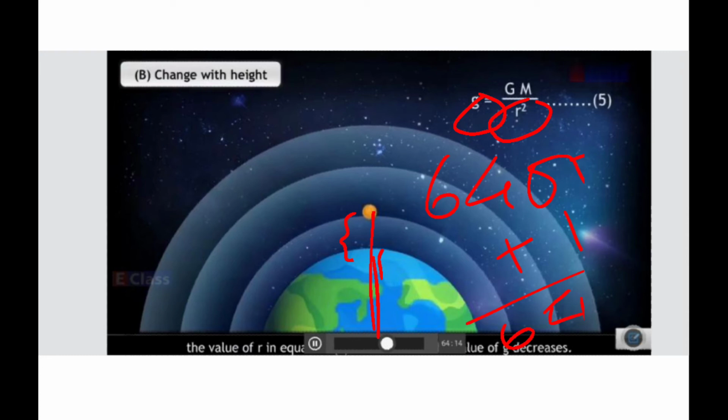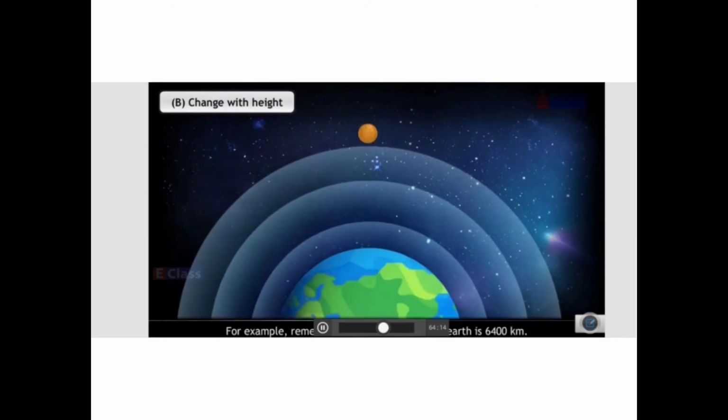So we consider small distances. If it is 10 kilometer, 20 kilometer, then we just ignore it and we just calculate that much only. But if the object is very far, for example satellite, the satellites are orbiting around the earth and they are very far, isn't it? So here we have to take into consideration the value of whatever changes is there due to the distance, right?